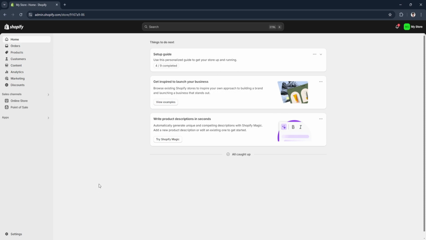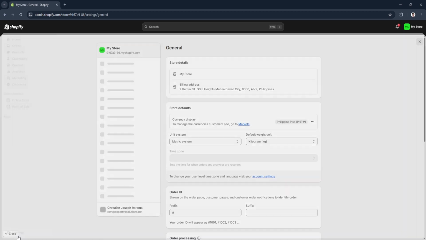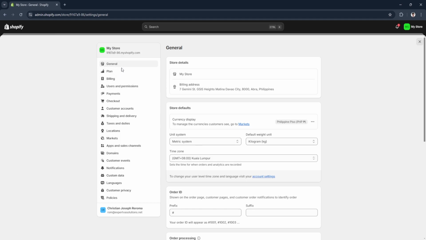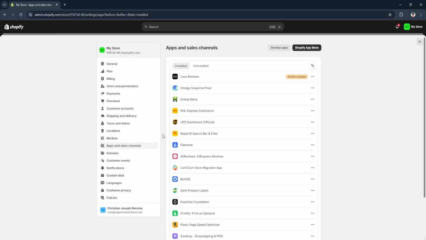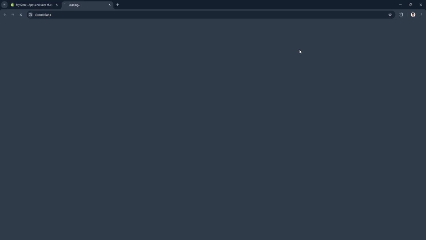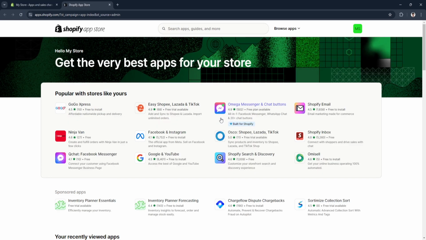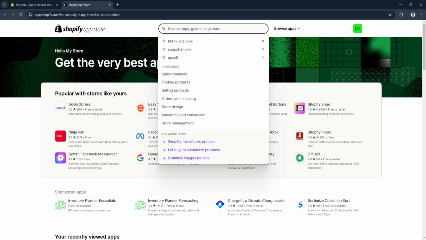Now from here, you want to click on settings in the lower left. And from here in your settings, just select apps and sales channels. Now from here, click on Shopify App Store and we're going to download an app for our TikTok Pixel. So just click search here TikTok Ads Pixel